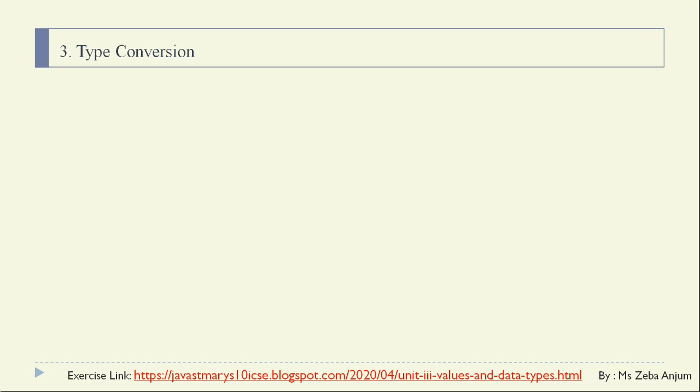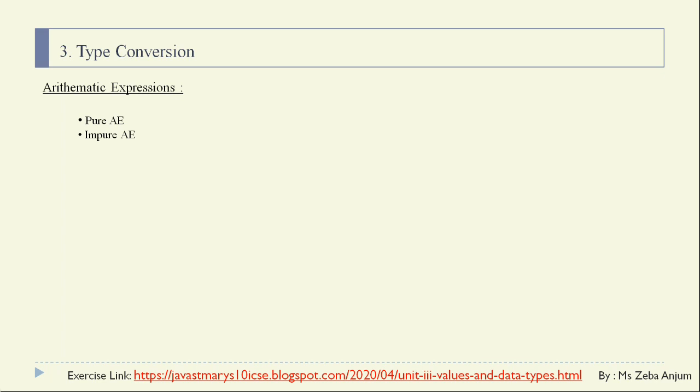Now moving forward with our type conversion. Firstly, let us understand our arithmetic expressions. When we are solving any formula, then it comes under your arithmetic expression. Let us take an example. int a = b + c. A very simple example of an expression. Yes, and we are handling this plus operation over there.